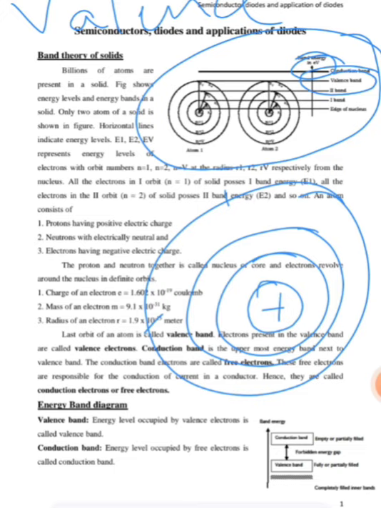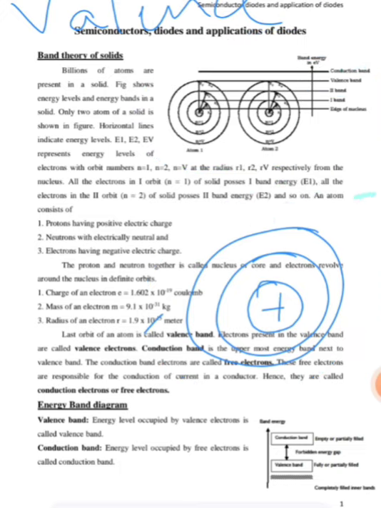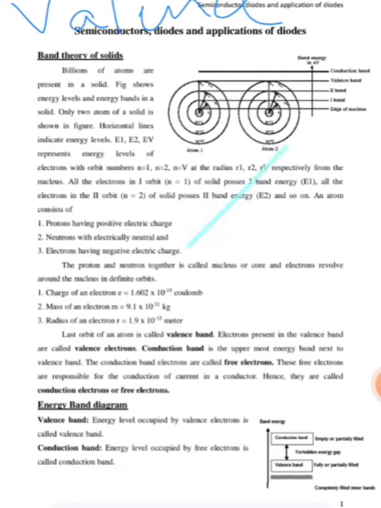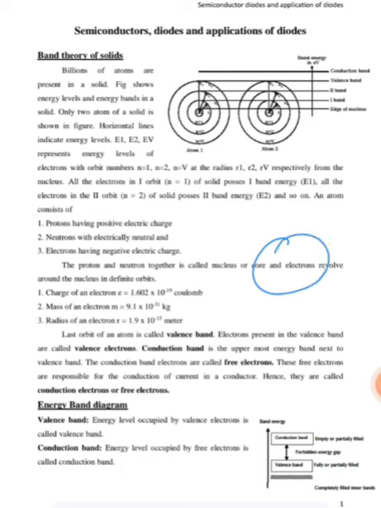All the last orbits of the atoms will come in a single band, which is called the valence band. And what exactly is this conduction band? Conduction band means, as soon as an energy is provided externally for an atom,